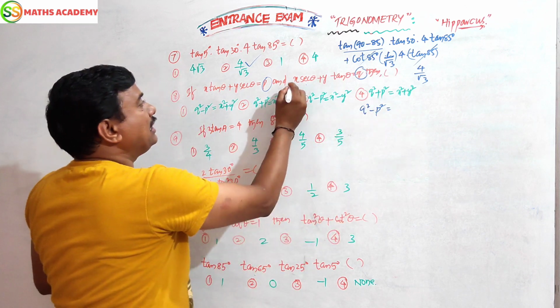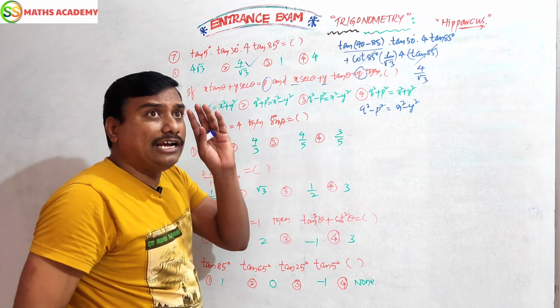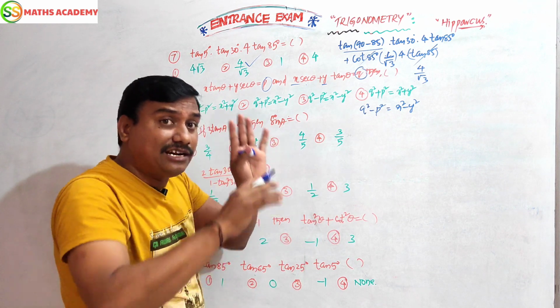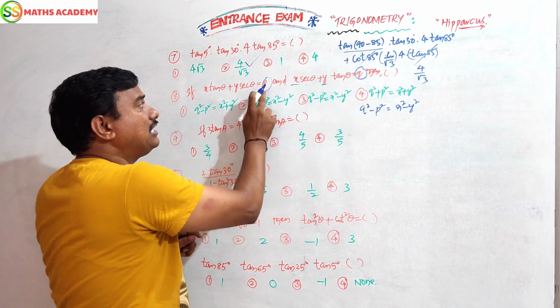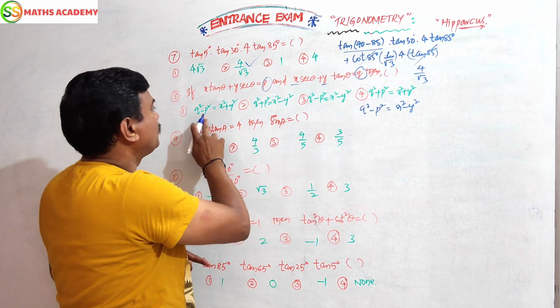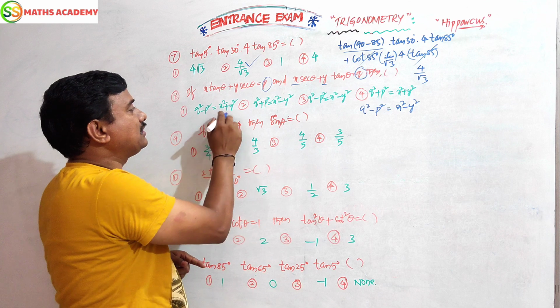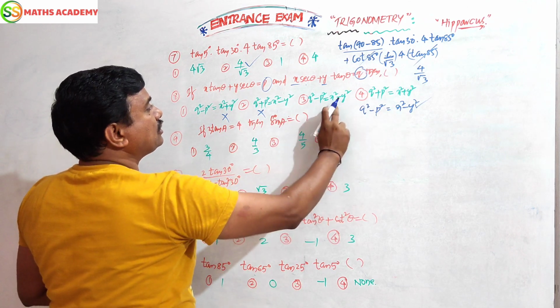And what is the x here, y? What is the relationship between x square minus y square? So I told you the identity. Based on the identity, I am doing a direct answer with a shortcut. So Q square minus P square is equal to x square minus y square. Where is it? Q square minus P square, x square plus? It is not. Q square plus? It is not. Q square minus P square equals x square minus y square.